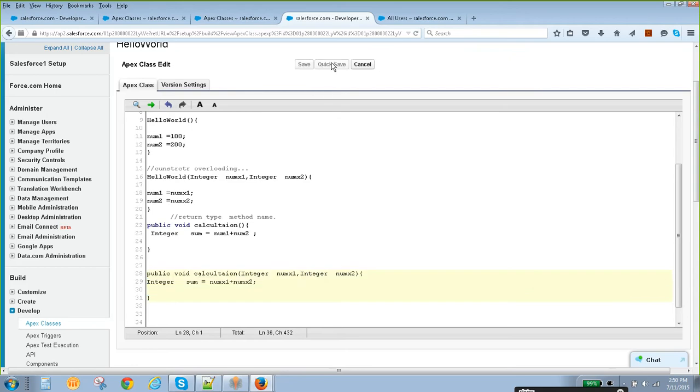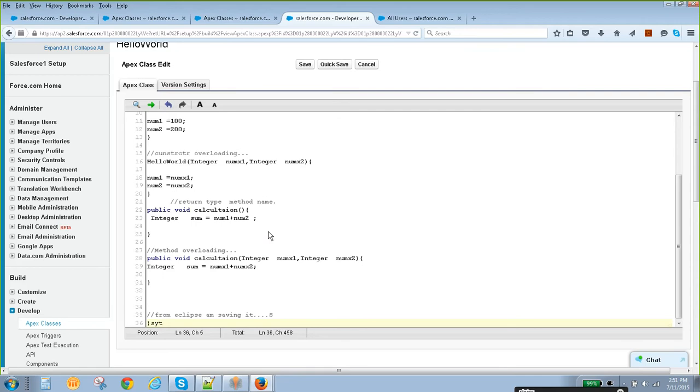Any question? So this we call overloading. Method overloading is the same method name with a different set of signature.